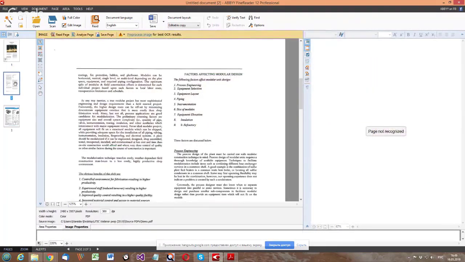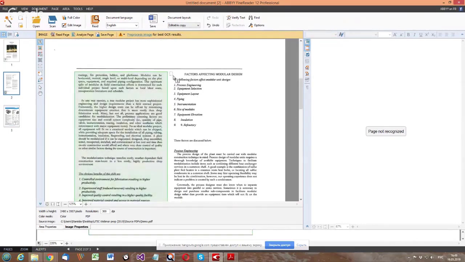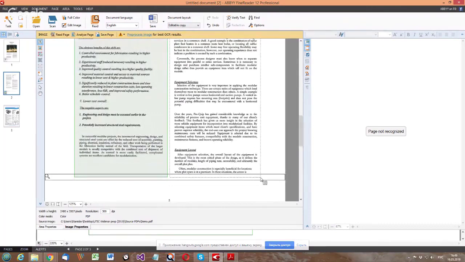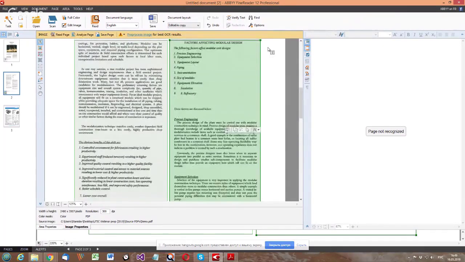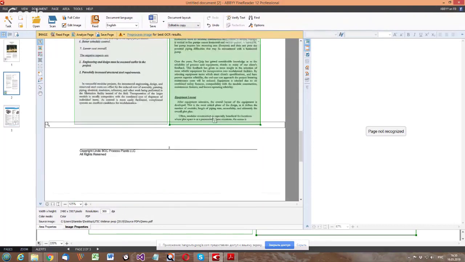This time I will mark the areas manually, even though Finereader should do fine here. So let me do this. I choose the text area tool and I select the first column of text. Then I position and create another text area to its right. Then I make sure that all the text is included in a text area, that no text is outside the text area, because otherwise it will be lost.